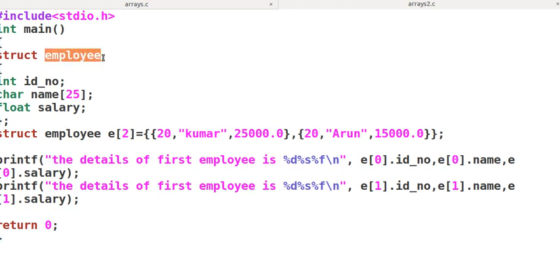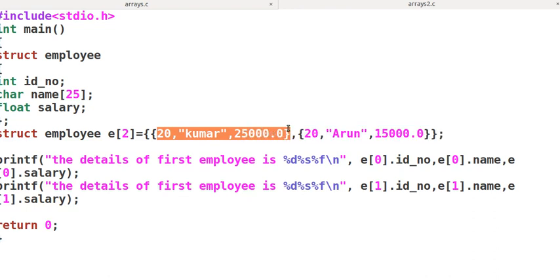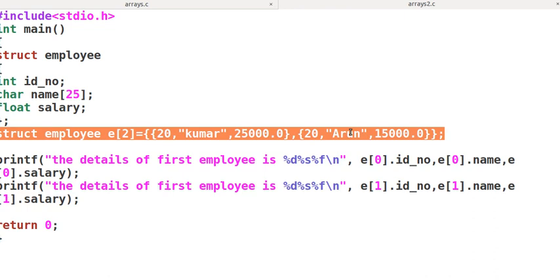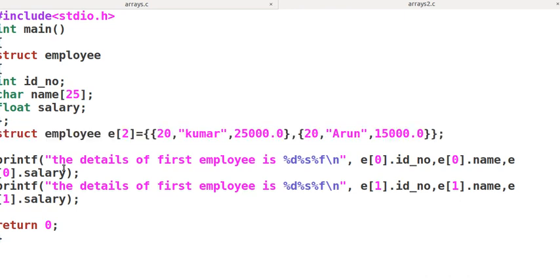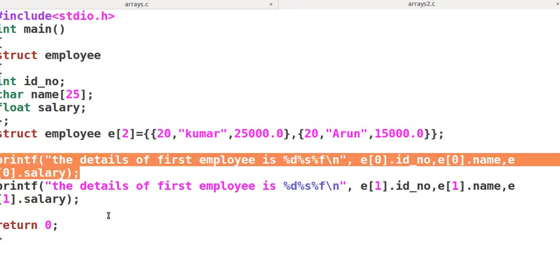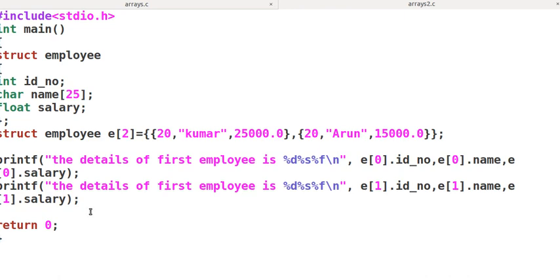The name of the structure is employee. Here we have created a structure variable of type array. Immediately after creating the structure variable, we are passing the values for initialization, right? This statement will initialize the structure variable at compile time. After that, we are writing a printf statement to display the information on the screen.